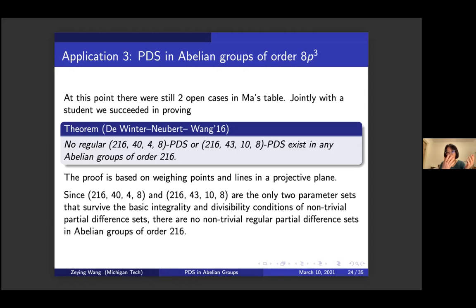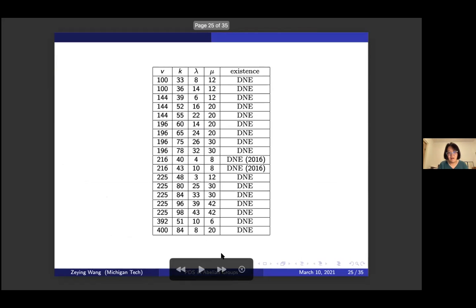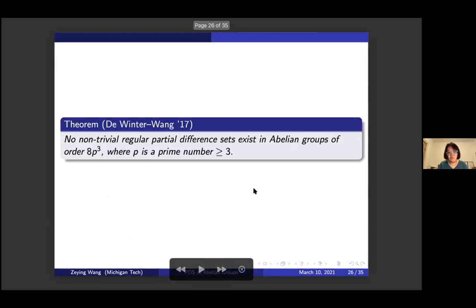It's not like for p squared, where when p is big, the possibilities are huge. And this one, even as your p increases, each of them just has 2 or 4 cases, right? So that makes it easier. I don't want to go into detail, but I just want to show you we did prove that non-trivial regular partial difference sets in abelian groups are of order a p to the third when p is bigger than or equal to 3. So